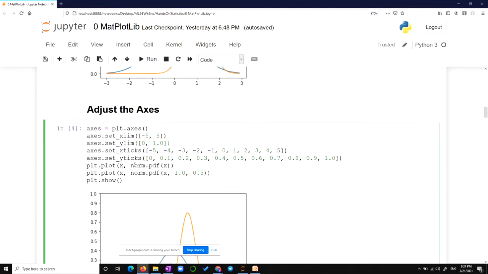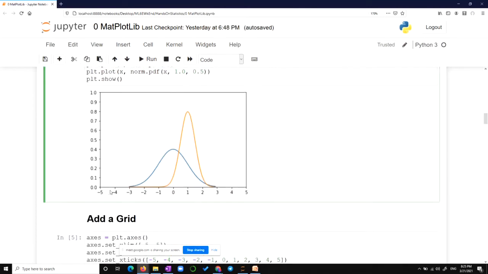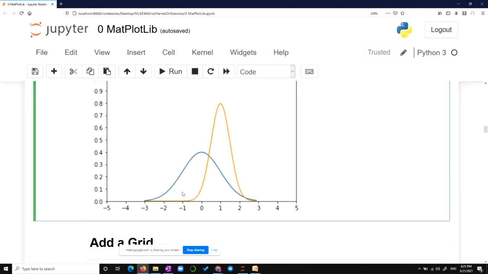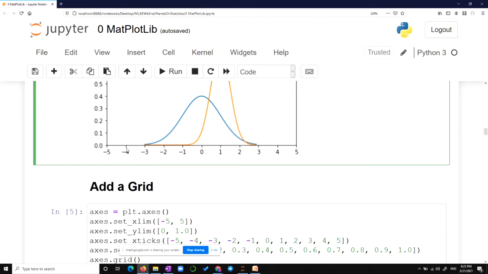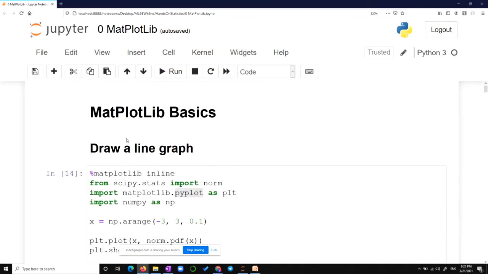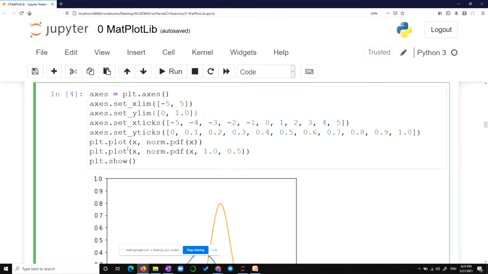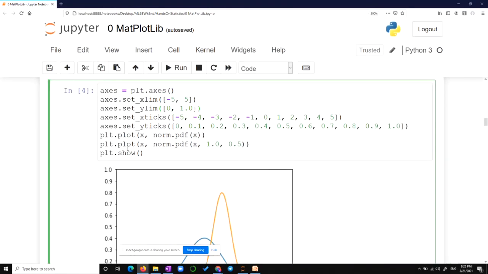And also we can define where we want the ticks. What are the ticks I'm talking about? This is a tick. For 4 there is one mark here, for -0.1 there is a mark here. There was no tick here. It's always there, but sometimes you may want to remove certain ticks.